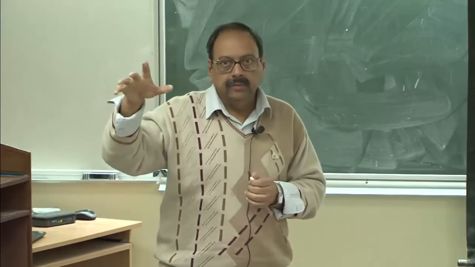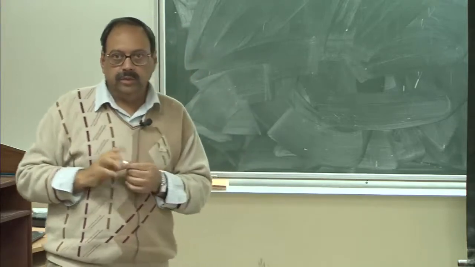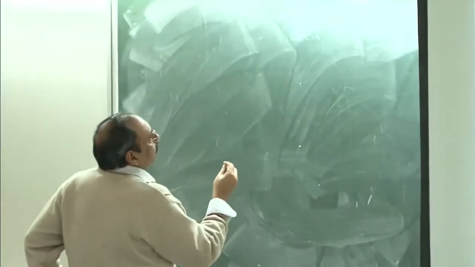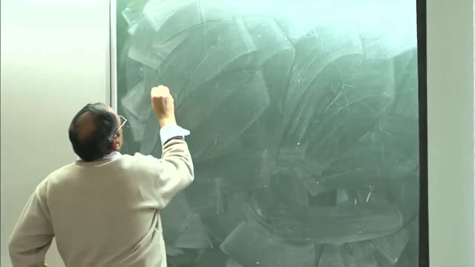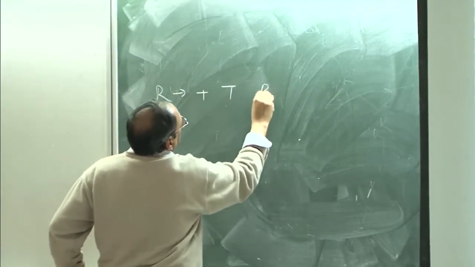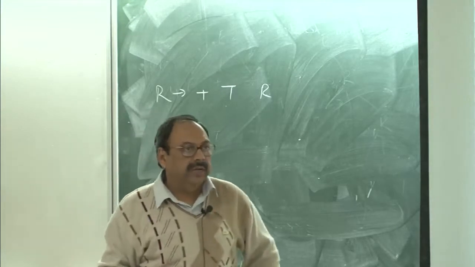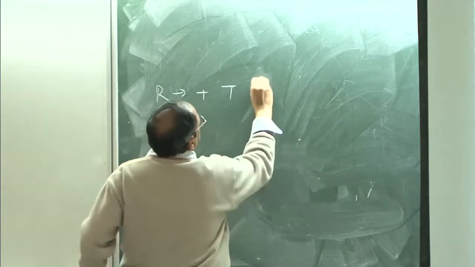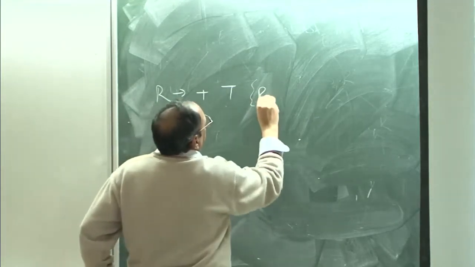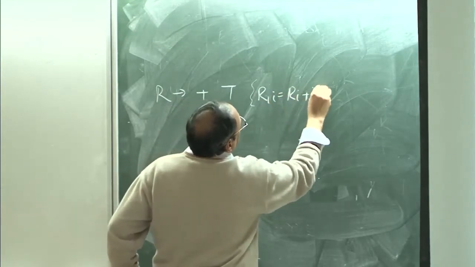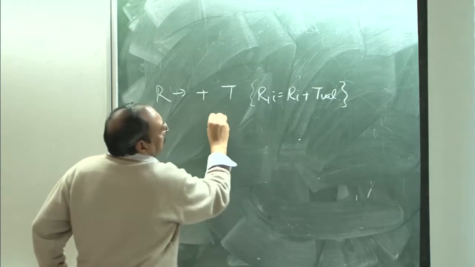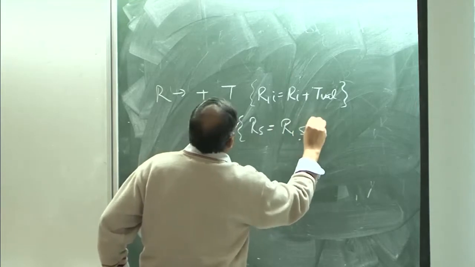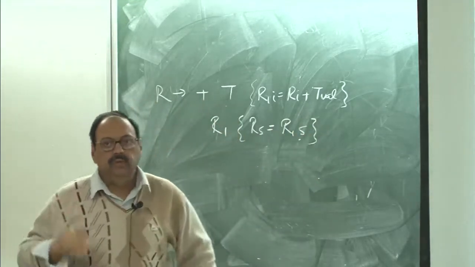We created a value stack on which I was able to keep all the values. Everyone remembers how we use the value stack. So, let us just pick up a rule from here. The rule I am using is, let us say, R goes to plus T R, and there are two definitions on the right hand side. Let me also write the embedded definitions here. In this case it is R1 inherited is a function of R inherited plus T val, followed by R, followed by R synthesized is equal to R1 synthesized, and this I am calling R1. This is what I have.